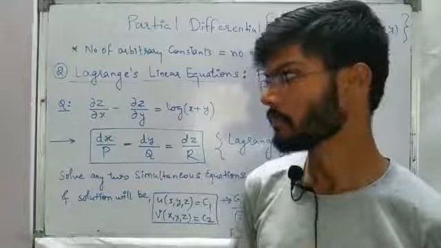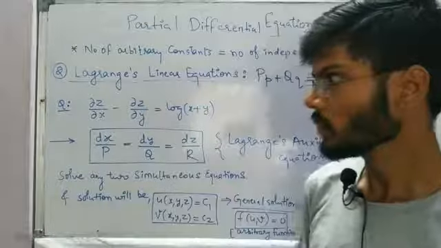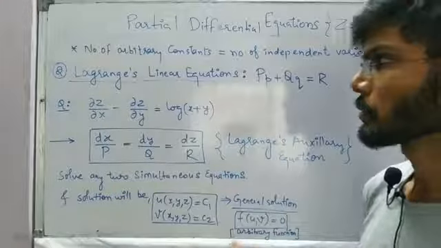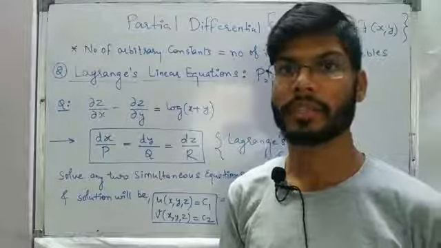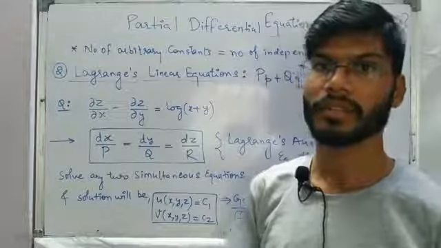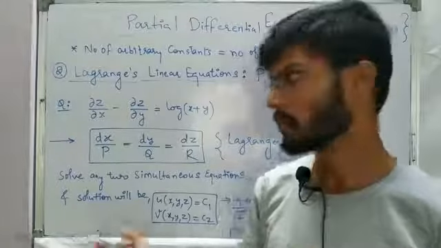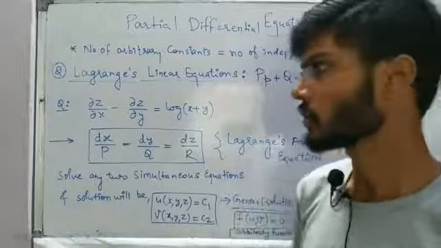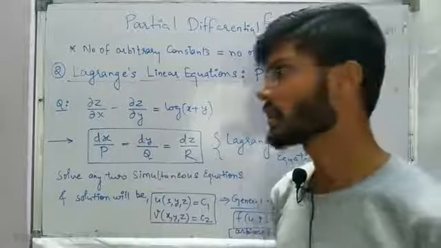So we had discussion on one case on both the types, and now in the second case we are going to proceed further, because in the second, third and fourth topic, as I mentioned in the previous session in the introduction, we are going to proceed in the forward direction, that we are given the partial differential equation, and we'll have to write the general solution of it. So the second topic was Lagrange's linear equation.